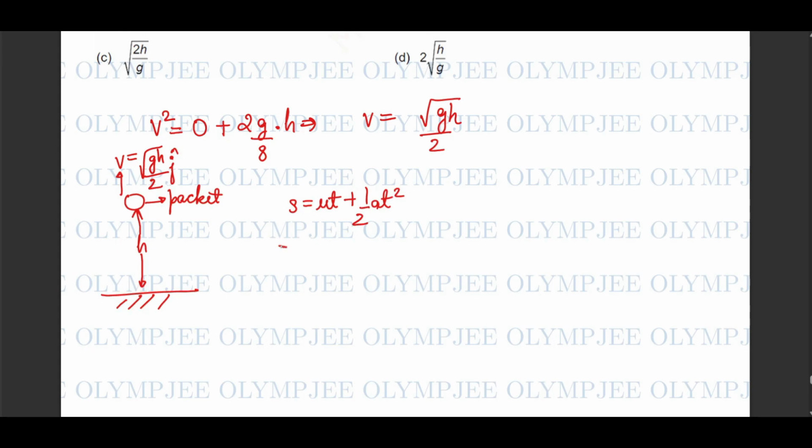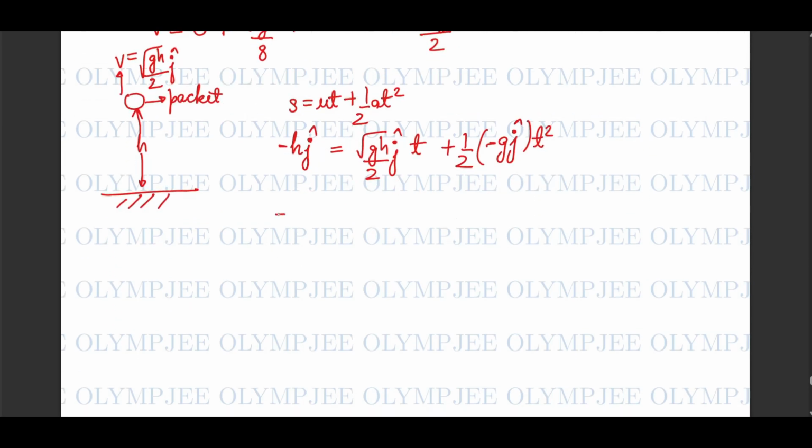S is minus h j cap, u is root gh by 2 j cap multiplied by t plus half minus g j cap t square. So now this will give us minus 2h is equal to root gh t minus gt square,